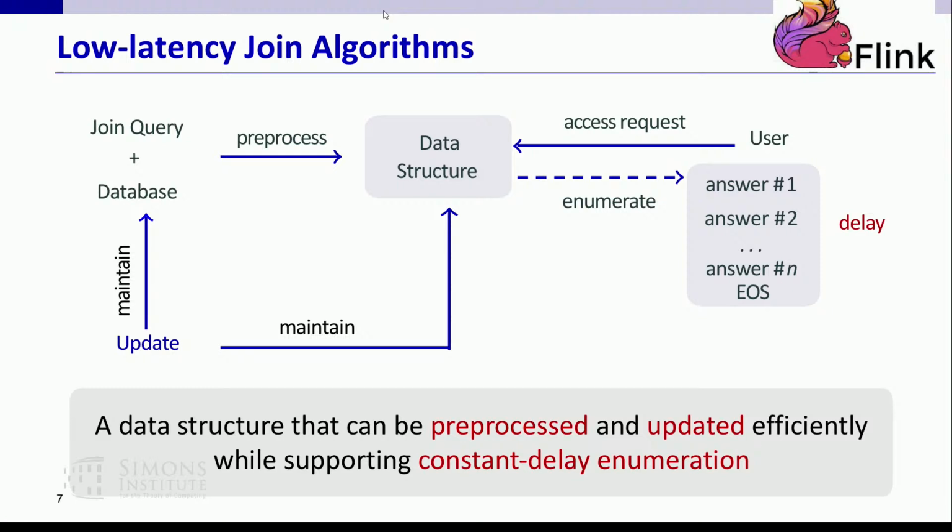So given a join query and the database, the target is to design a data structure that can be updated efficiently with the updates to the data. And whenever the query answers are required from the user, we can enumerate the query answers from the data structure with a delay guarantee. The delay here bounds the waiting time between consecutive answers. Here the theoretical target is to study the trade-off between the pre-processing time, the update cost, and also the delay in the enumeration.